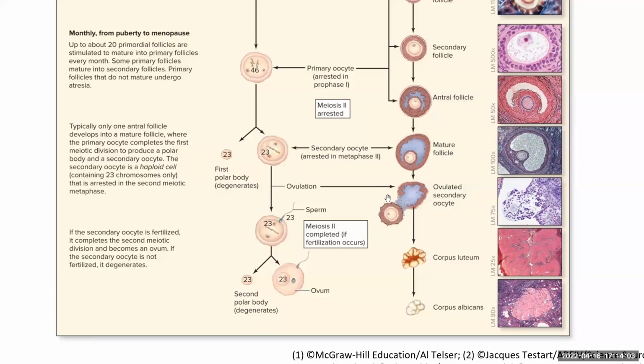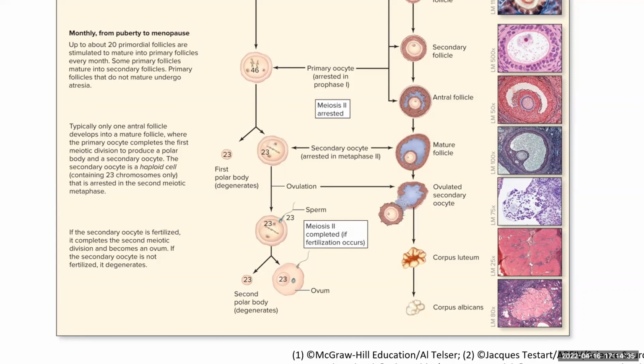So now we'll see the mature follicle continues to mature, and then eventually it bursts. And that is called ovulation. We get a release of our oocyte and some of that cumulus oophorus surrounding it, and that gets ejected into the fallopian tube. And then our follicle develops into the corpus luteum, and that's our endocrine gland. It's going to produce some of those hormones, estrogen and progesterone, and they're going to help with the uterine